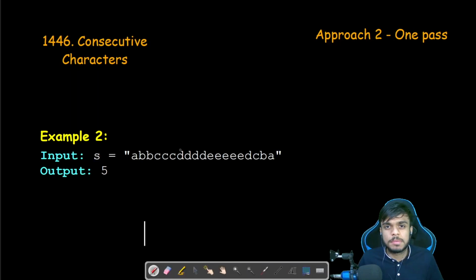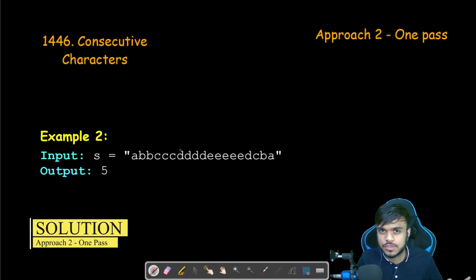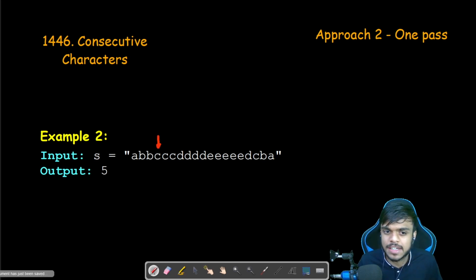Now, this is just an optimized approach for the previous approach that we just saw for the brute force. If you notice the operations that we were doing, we were looking at every index. Let us take the example. If we are looking at this particular C, then in that case, this would have 3 characters that are repeating. That is the maximum length of power till now.